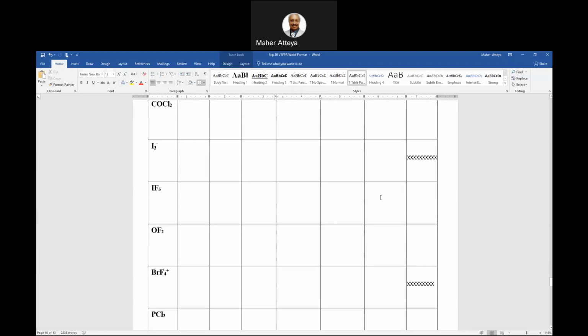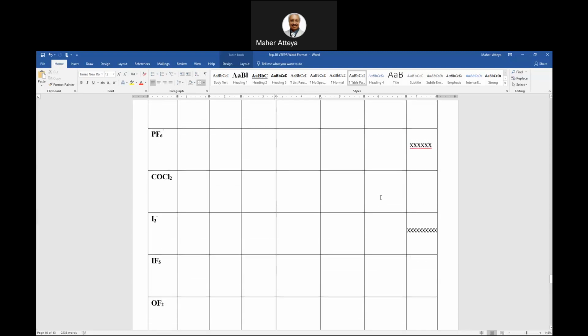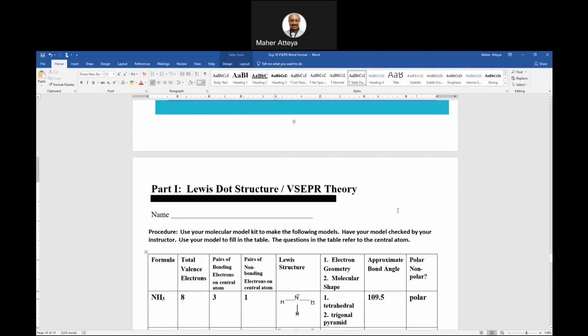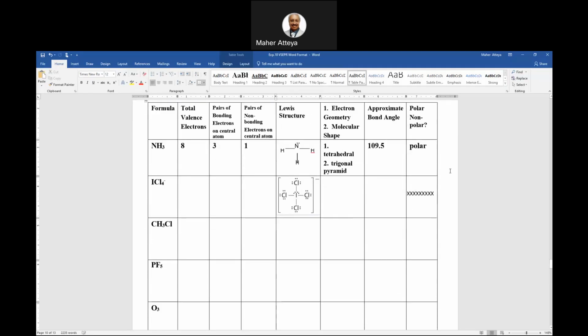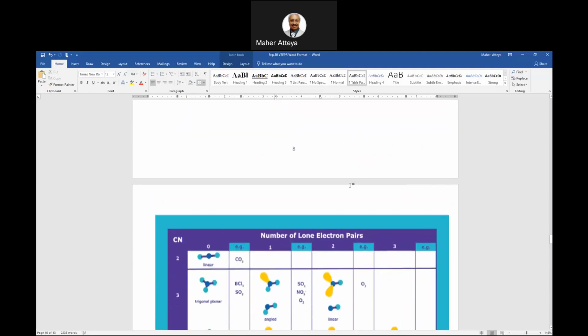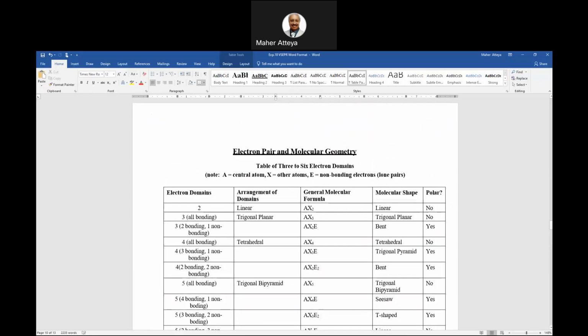This is your data, 2 pages. We have to determine the molecular shape, the Lewis dot structure, the total number of valence electrons, how many regions or groups we have, and how many non-bonding. We'll go through this together. At least the angle here, and whether the compound is polar or non-polar, we have to determine. So let's go back, starting with our